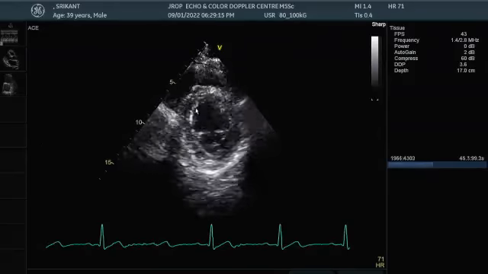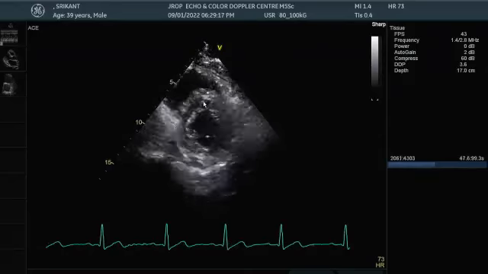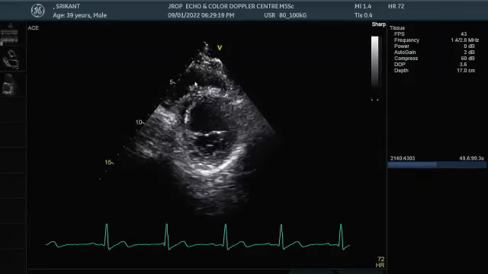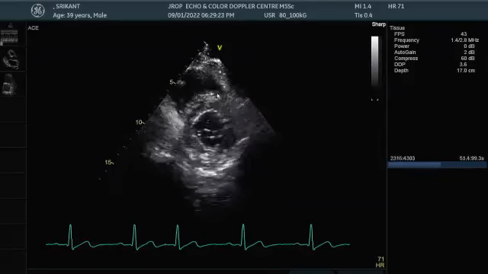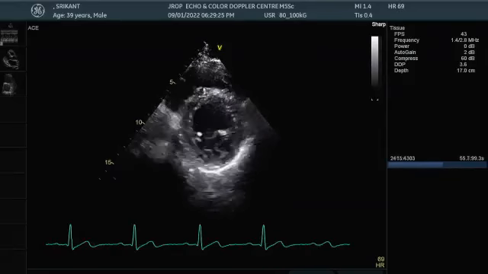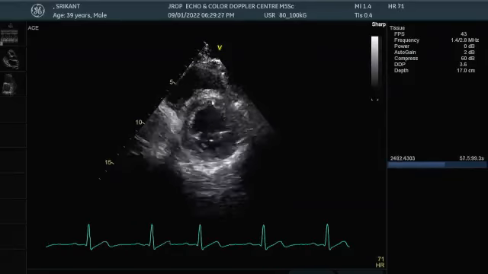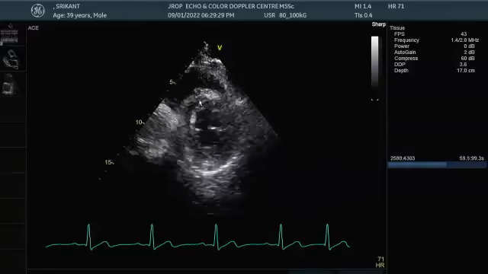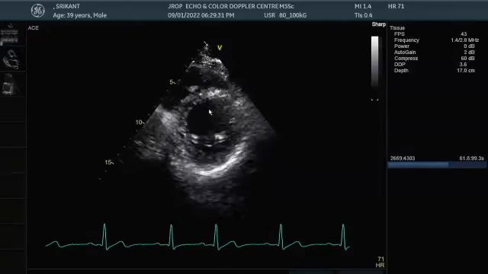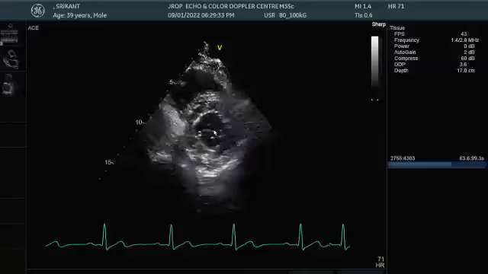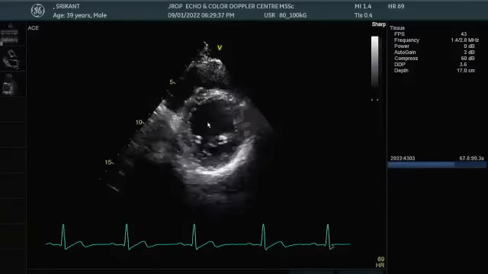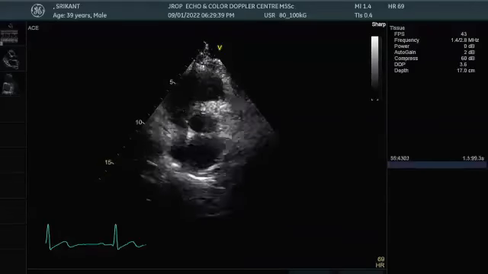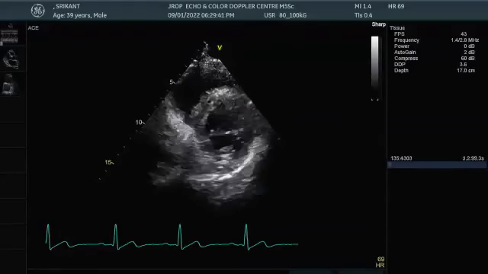This is the interventricular septum, and look at this interventricular septum. This is bulging towards RV. So here is RV, and if this septum starts becoming flattened, it means RV pressure is getting built up. When this bulges towards LV during systole, it means RV systolic pressures are more than LV systolic pressures. So this is how we look at it.